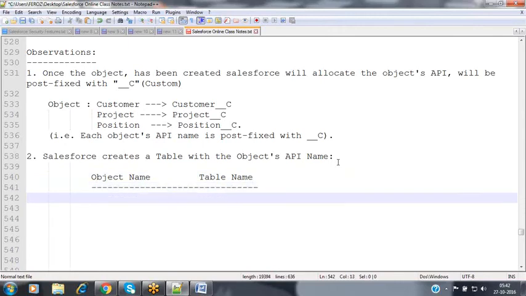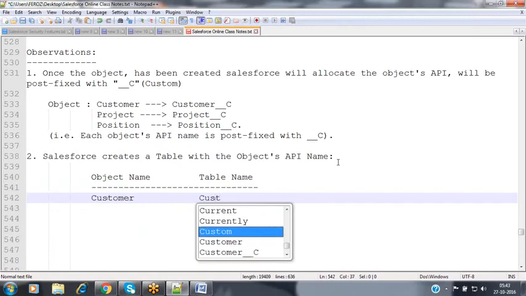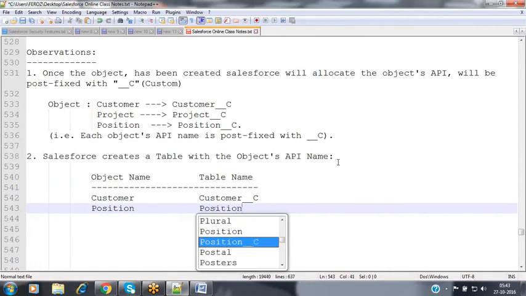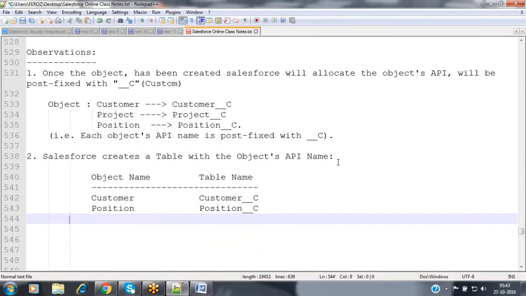Suppose if you are creating an object with the name customer, then the table name is customer__c. If the object name is position, the table name is position__c. So now for each and every object, Salesforce is creating a table for you where the object's API name and the table name both are exactly the same.